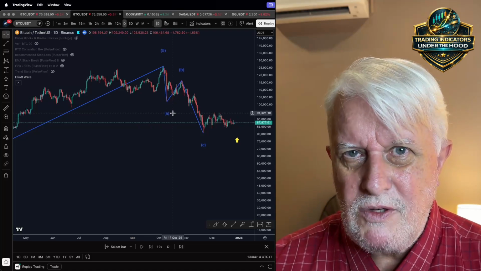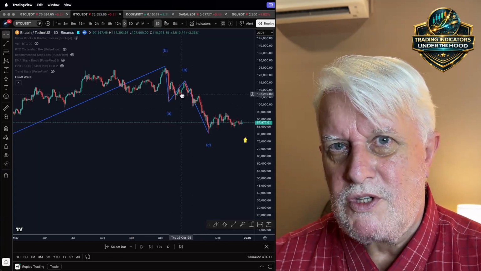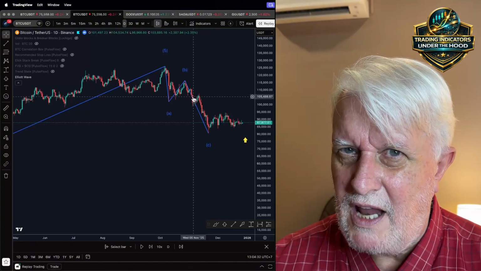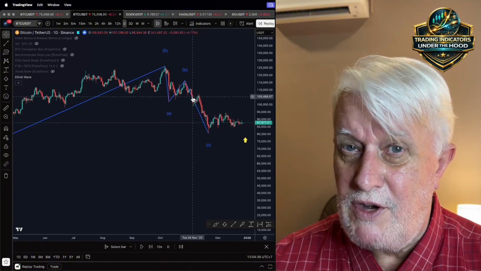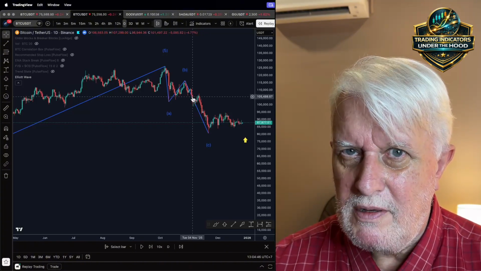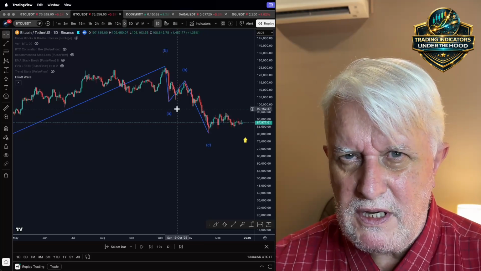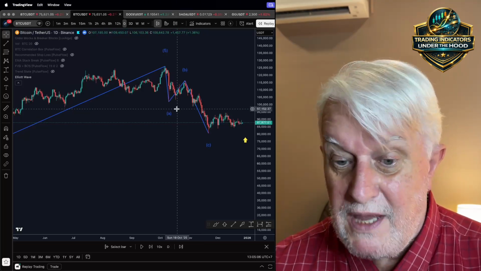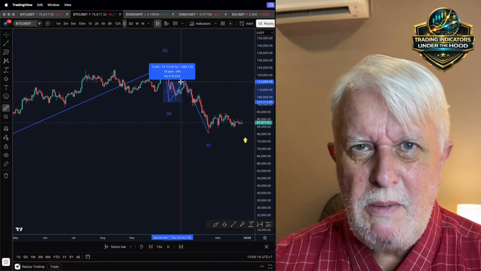Wave B is the bounce, back up to where the trap was set. Looks like the trend is resuming. It feels like a second chance to get long. Elliott Wave proponents have a name for this, the bull trap. It typically retraces 50 to 61.8% of wave A, but fails to make a new high, which is about right.